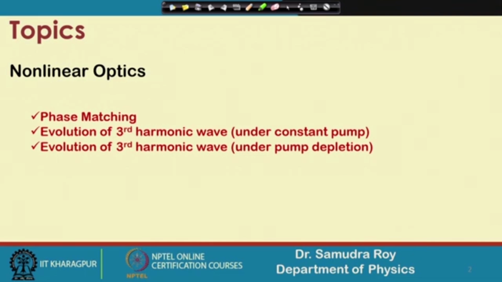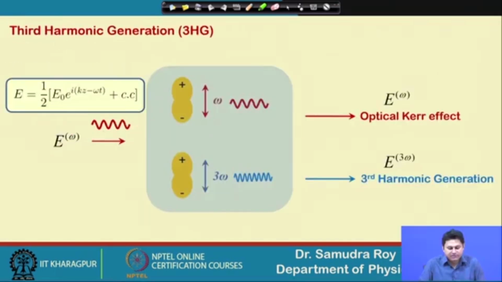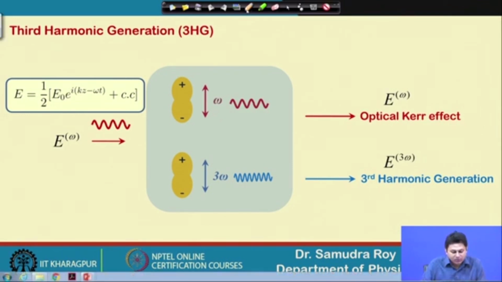So, what should be the phase matching of third harmonic generation, that we are going to learn, which is very much similar to the second harmonic generation process. Well, in third harmonic generation, as the figure shows, this is the old figure I am using several times, when you launch an electric field with this particular form, this electric field will enter into the system, and we know that for the chi3 effect,